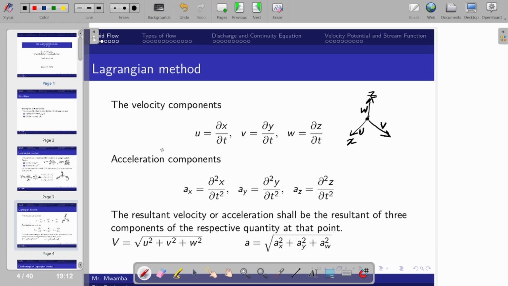Okay, so when you find the change, how do you find the change along the x-axis? We say that